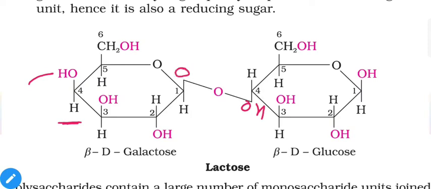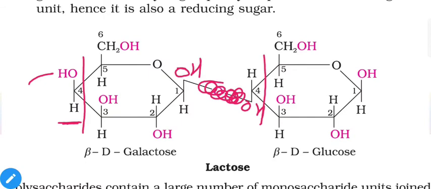Otherwise, suppose these are two separate molecules. Let us remove or ignore this glycosidic linkage for a while. So the complete structure is the same. If you observe, except for the fourth carbon in both structures, carbons 1 to 6 are placed at the same positions in both molecules. The only difference is the position of groups on the fourth carbon, which gives us two different types of monosaccharides, galactose and glucose.